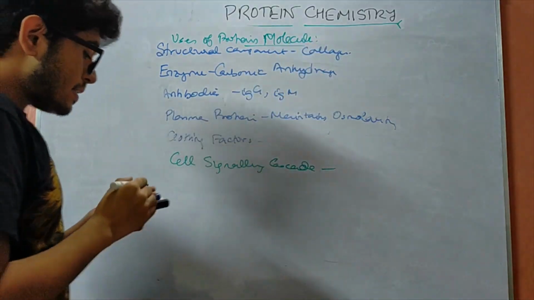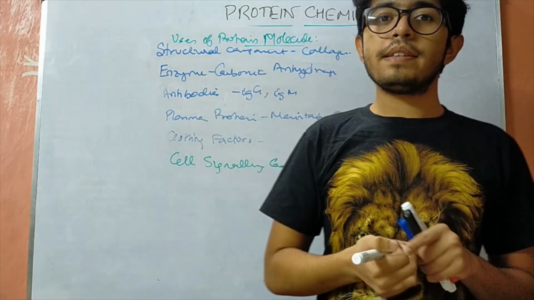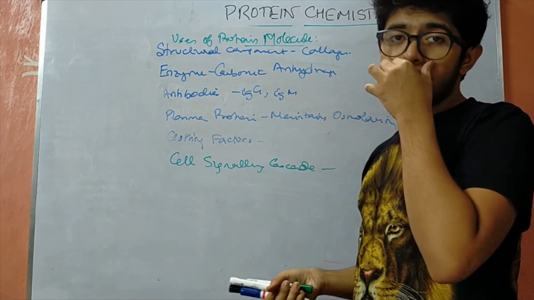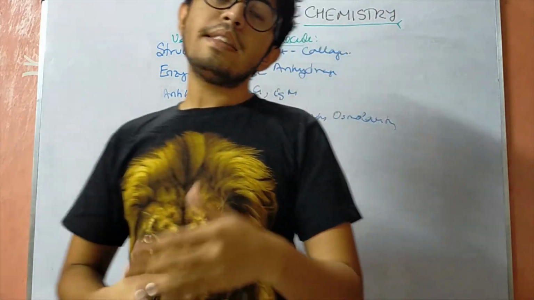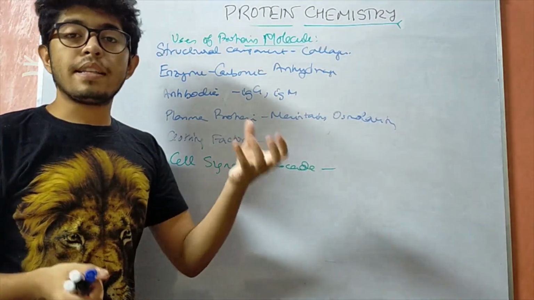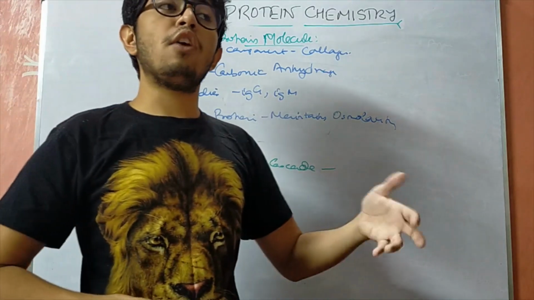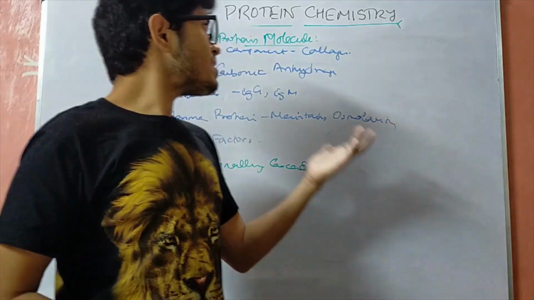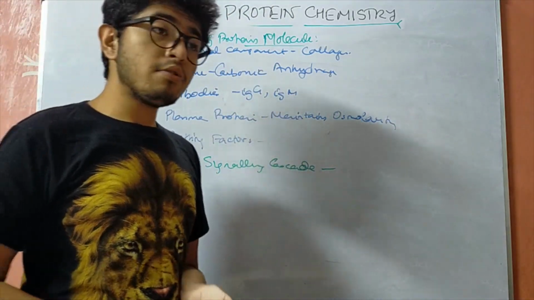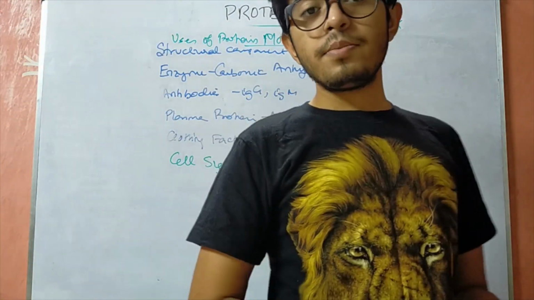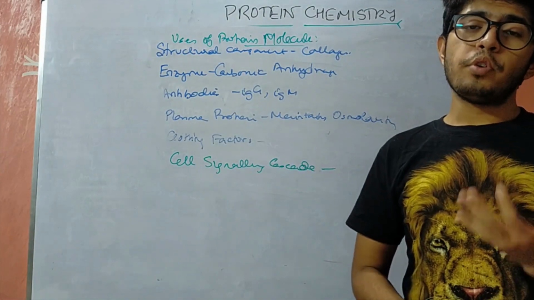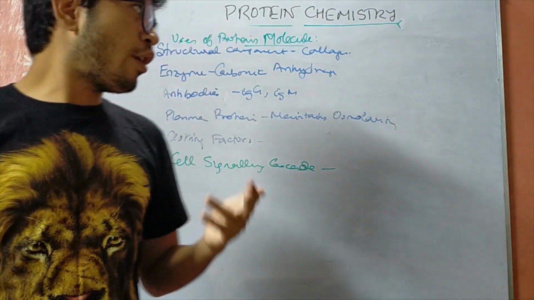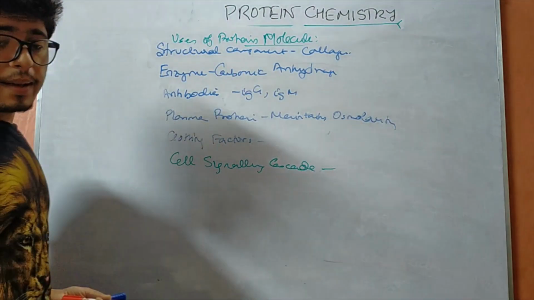And the last thing is that one of the most important processes to detect protein is the turbidometry method, which we have already discussed, the method by which we can boil the protein and see how much it is getting turbid or how much coagulation there is. Similarly, some deficiency diseases caused by protein malnutrition are kwashiorkor and marasmus, which occur basically in children. Protein deficiency is usually rare in adults. So this is what we have for protein chemistry.